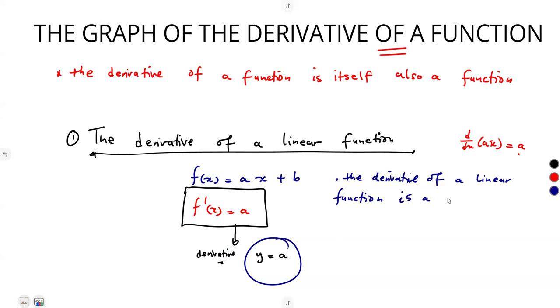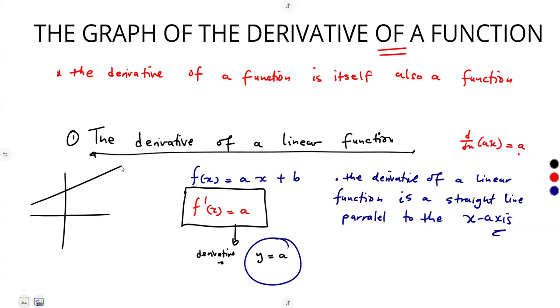So it is a straight line parallel to the x-axis. So this is the condition when you have a linear function originally, if you find its derivative, it is going to be